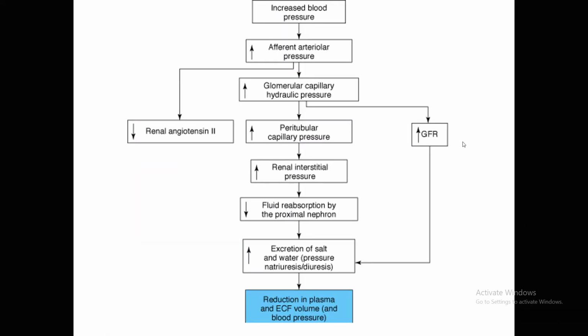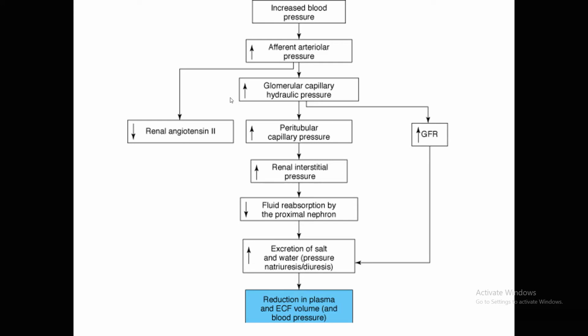The kidney function is related also to the regulation of normal blood pressure. For example, if the blood pressure increases, this will cause an increase of the pressure in the afferent arterioles and, as a consequence, increased glomerular capillary hydrostatic pressure, increased glomerular filtration and increased excretion of salt and water, thus finally causing a reduction in plasma volume and especially the extracellular fluid volume, and decreasing the blood pressure, to normalize